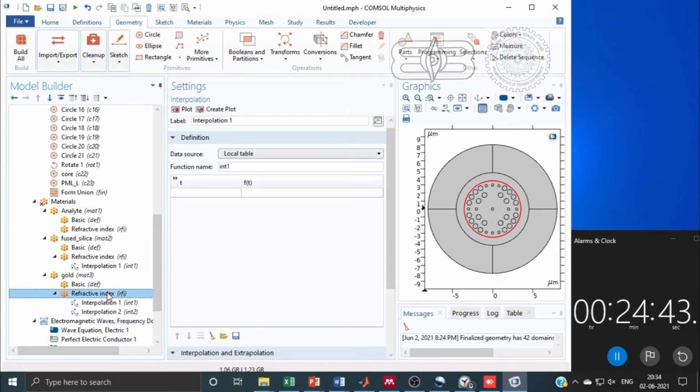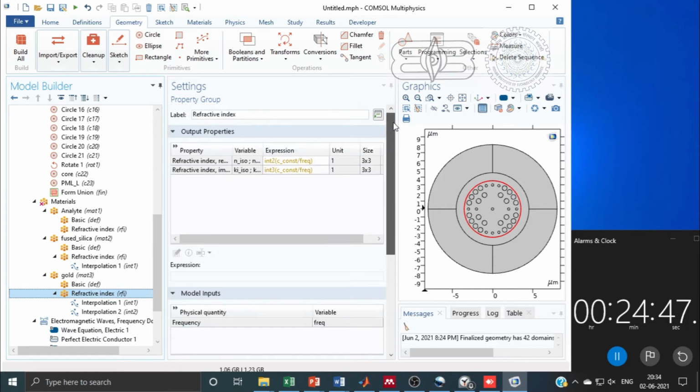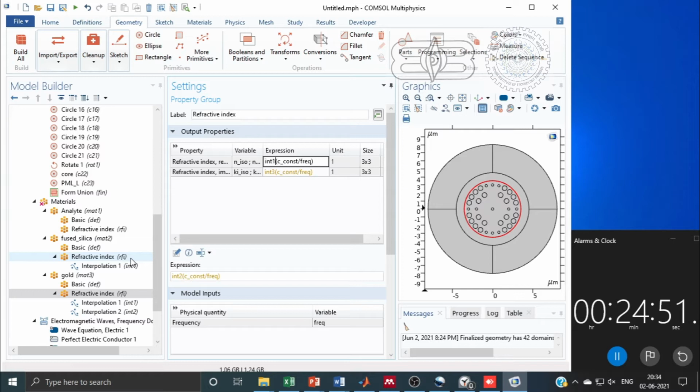Similarly we have to change them in the refractive index also.